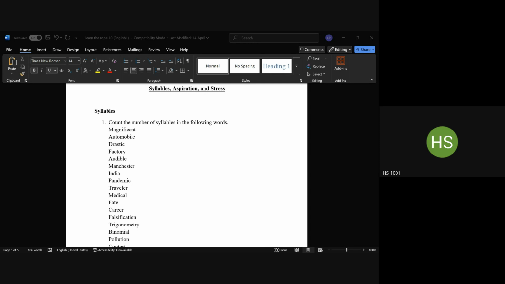If you look at the word clearly, you'll see that each of those four syllables carries a vowel sound, right? So you have a in the first one, then i in the second one, again i in the third one, and then the unstressed vowel schwa in the last one. So four syllables in total and four vowel sounds in total. Okay, then the second one is